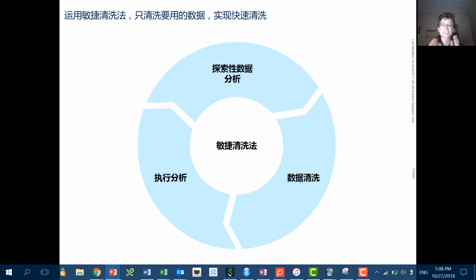And if data cleaning is 60 to 80% of your work, then if you can make this faster, you're making yourself a 50%, 100% better data analyst. So the method that I use, and what I would suggest using for you, is called the agile approach to cleaning data, which is a very big word for saying clean what you need to and nothing else.